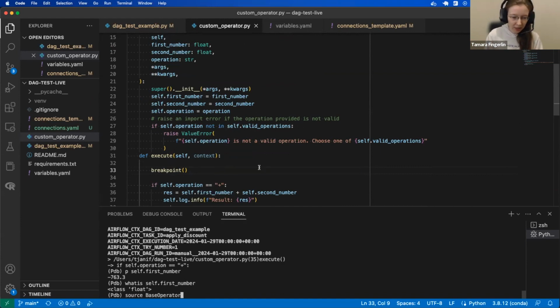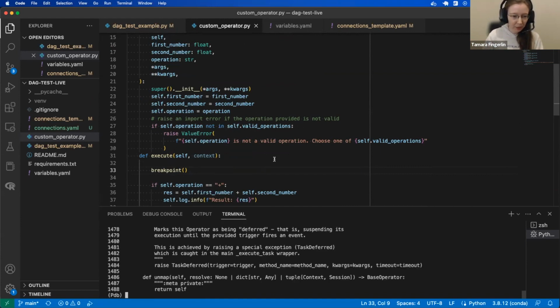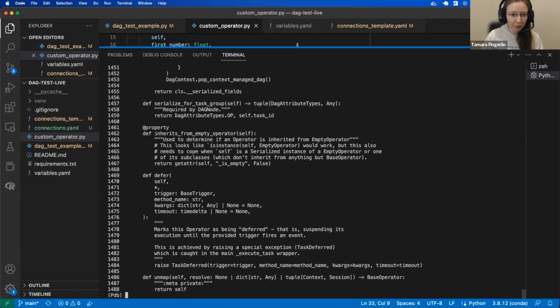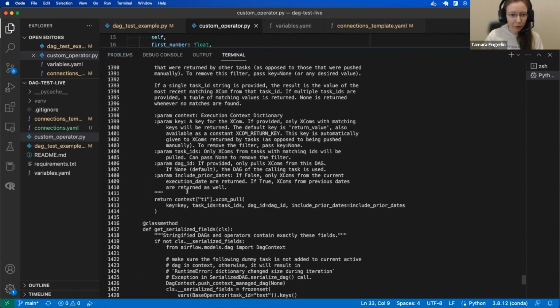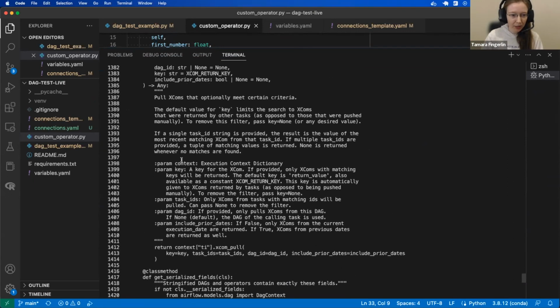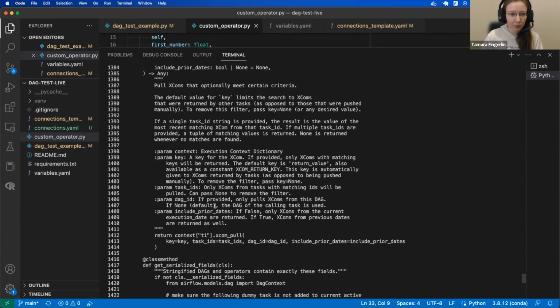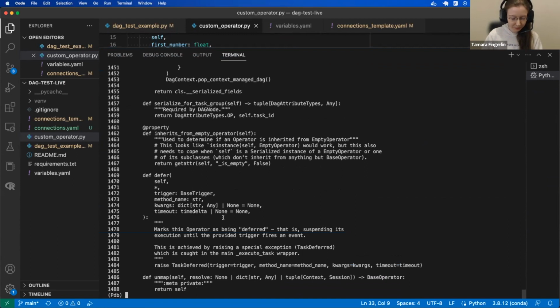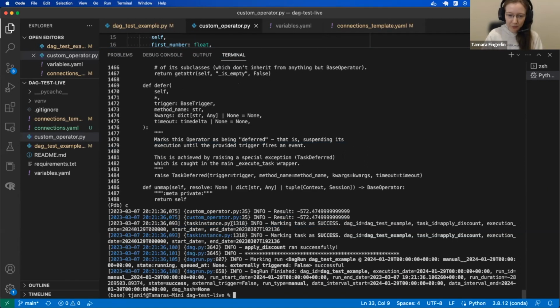And this always takes time. But now I can just say, give me the source code of the base operator. And then I have the full source code. So I could find out exactly which parameters the base operator uses and how to interact with it. All right, and the last C should take us to finish. Okay,